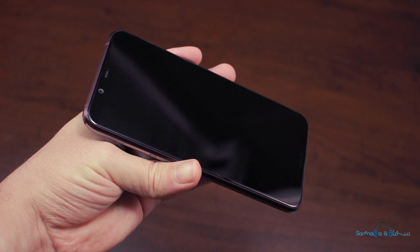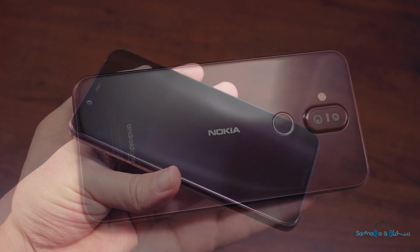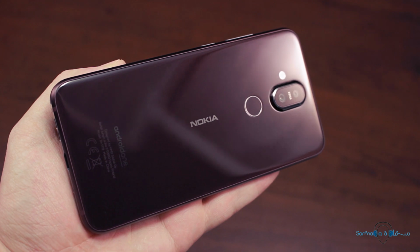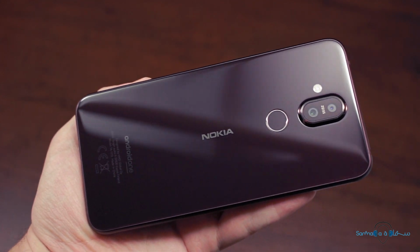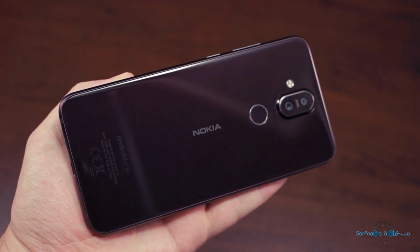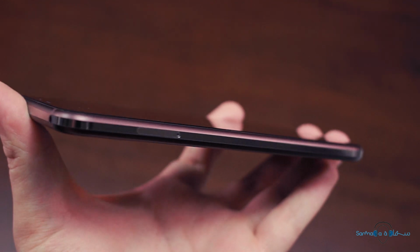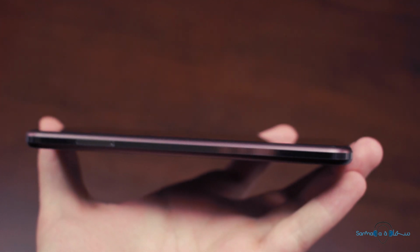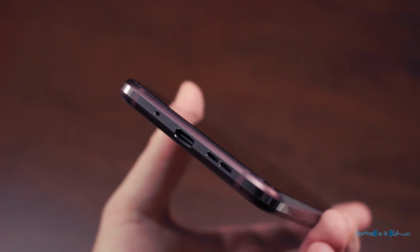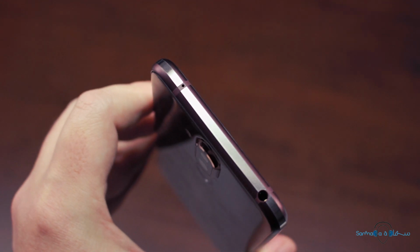At first glance, the overall design feels quite similar to the Nokia 7 Plus. In fact, there are a couple of things which almost seem downright identical. The dimensions are almost exactly the same, with the 7 Plus being just under 4mm taller than the 8.1. We have again also got that metallic accent running around the entire perimeter of the device. As for the ports, we get a USB Type-C connector at the bottom, as well as a 3.5mm audio jack